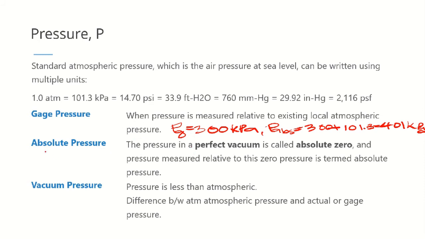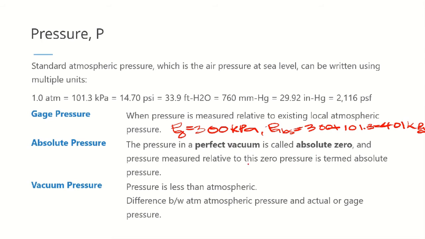Okay, so meron namang absolute pressure. The pressure in a perfect vacuum is called absolute zero. So dito kasi dinerive yung absolute pressure. And pressure measured relative to the zero pressure is termed absolute pressure. Okay, so nag-start kasi ang reference ng absolute pressure is absolute zero. Okay, so pag binigyan ka ng absolute pressure na ayan, 300 kilopascal, so kaya siya 300 kilopascal kasi 300 plus